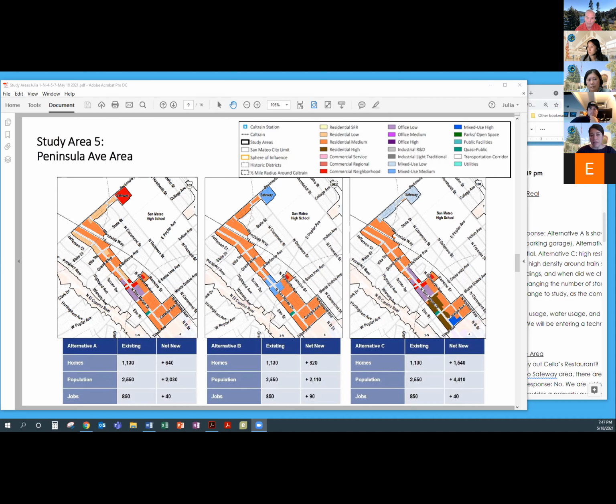It's not a forcing of anyone who's already there to change their existing land use, but as Julia mentioned, it may provide options for different land uses in the future. If folks have an idea of what they would like to see, it's more of a request that that's the information we're looking for. So if there's something that you want to see, let us know tonight, so we can record that and include that in the future.